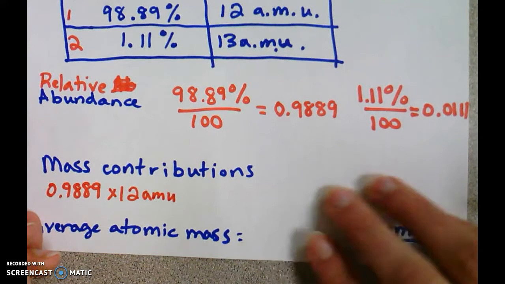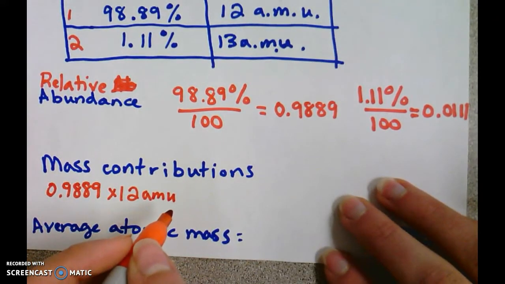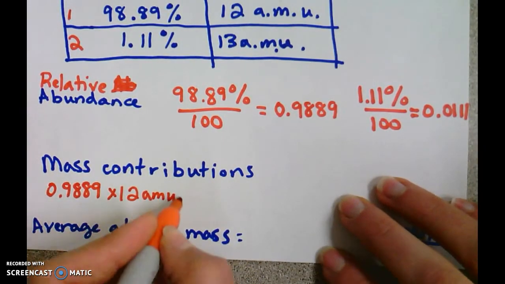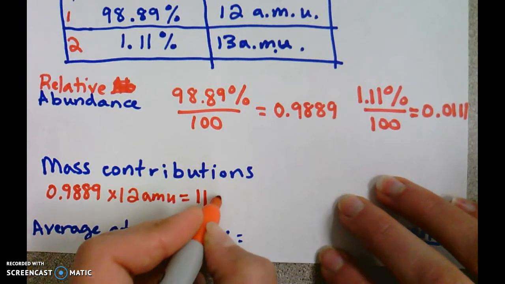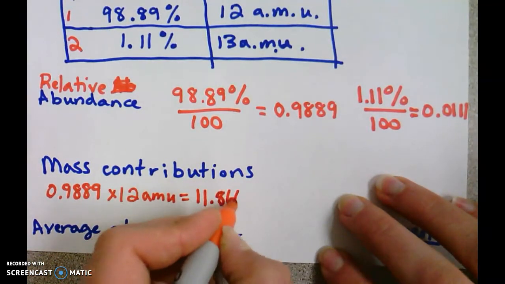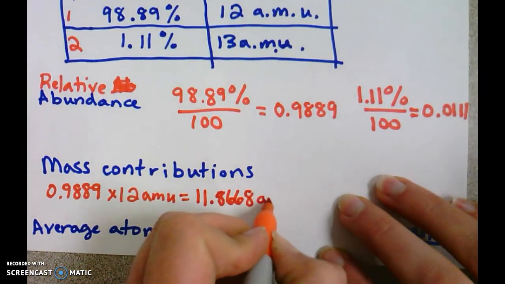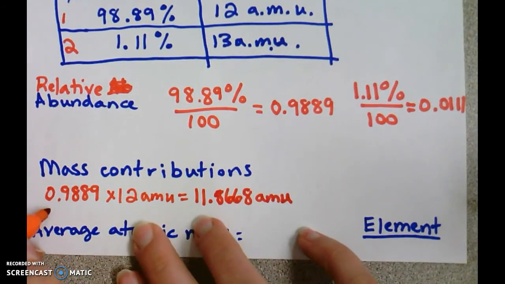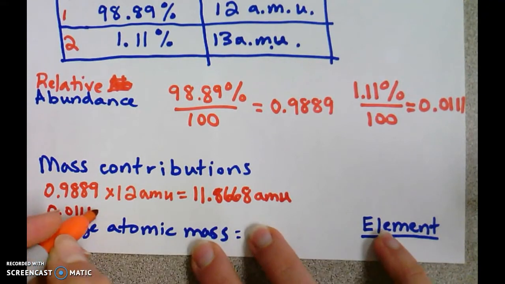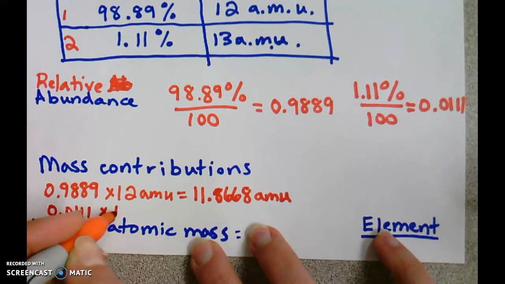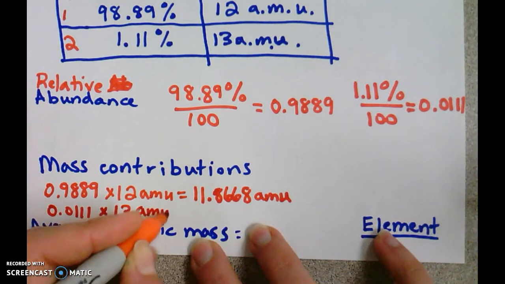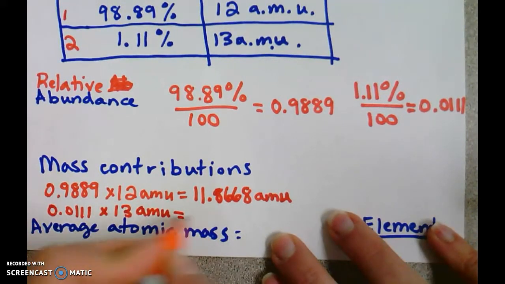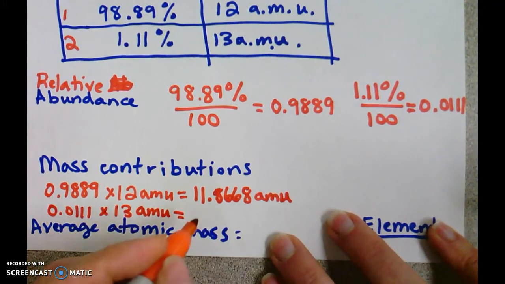And that will give us, I wrote this down earlier, 11.8668 AMU. Okay, then if we do the same thing for our other isotope, we have 0.0111 times 13 AMU. We end up with a mass contribution of